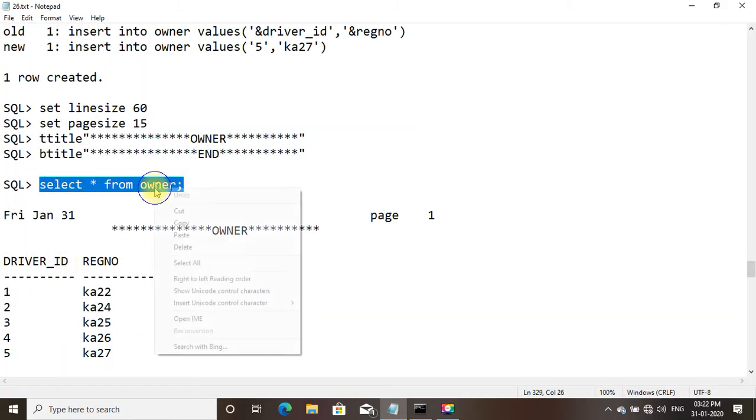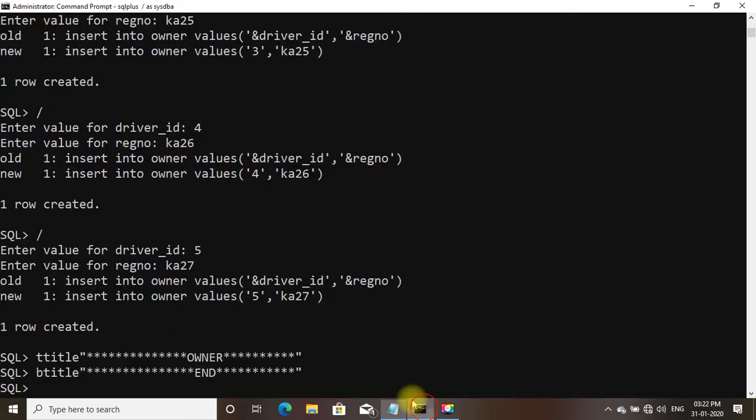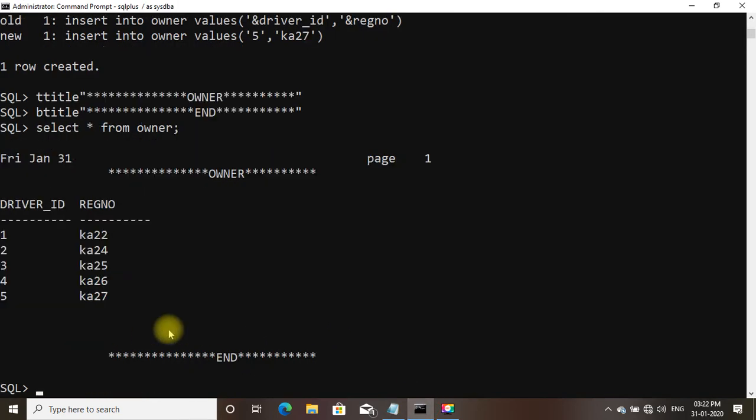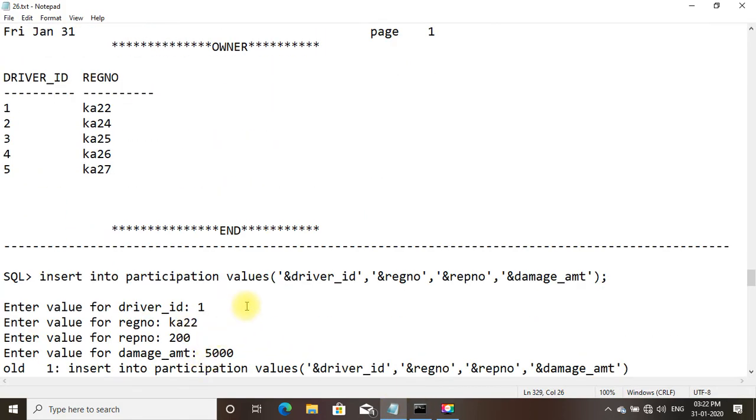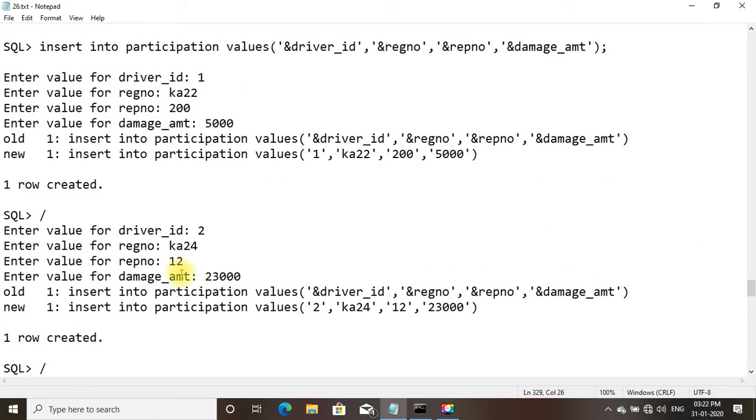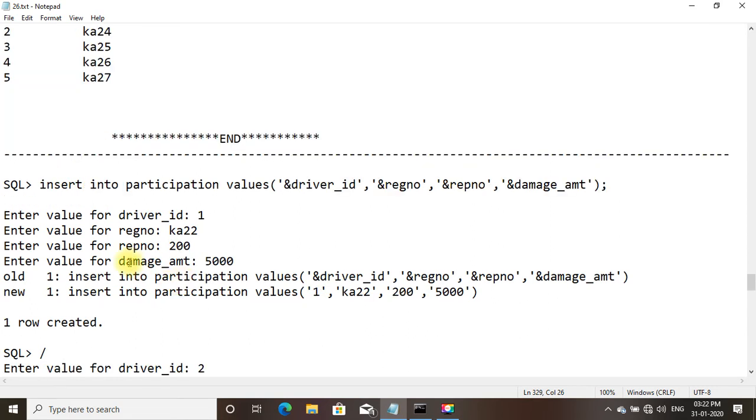Select star from owner. You can see 1 2 3 4 5 KA22, 24, 25, 26, 27. Now let us come to the next table. This is the participation table.